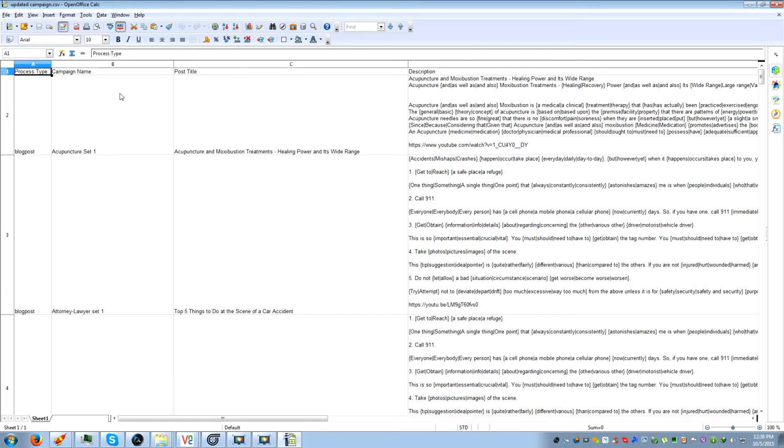And then we have the name of the Syndwire campaign that we're going to use. In this case, we called this acupuncture set 1, and it was a different set of accounts, attorney lawyer set 1, that we used for another one, etc. Under the description, we put in the article, the content that we're going to use, and we accept spin tax, as does